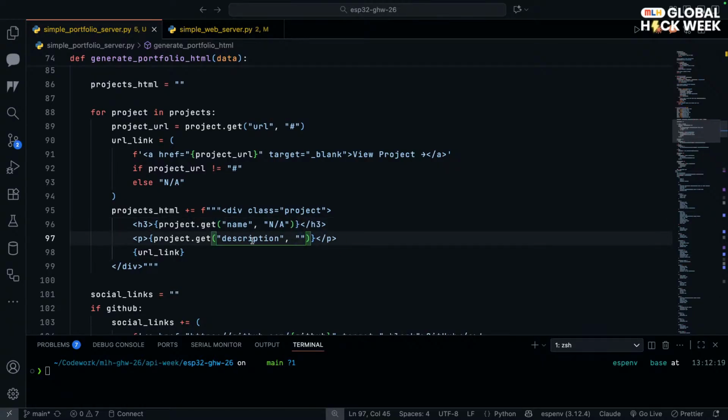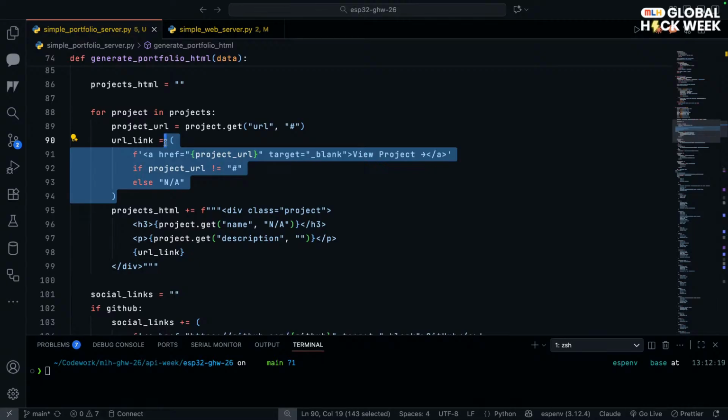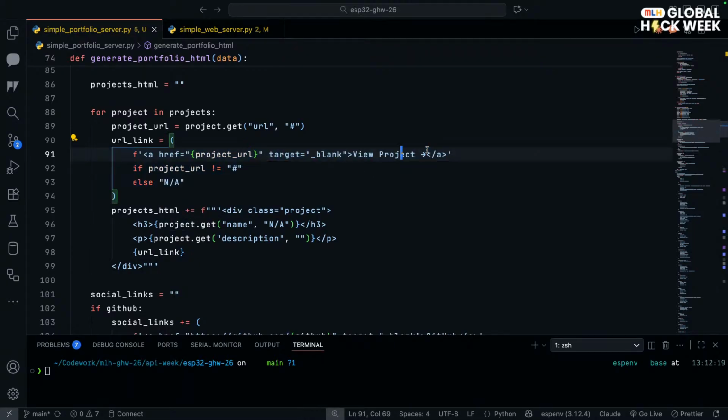We'll try to get the description, which will be shown inside a big tag. If the description exists, nice. Otherwise, it will show an empty string. And then the URL link is basically the A tag that we have created. Okay. And I had also done this view project with an